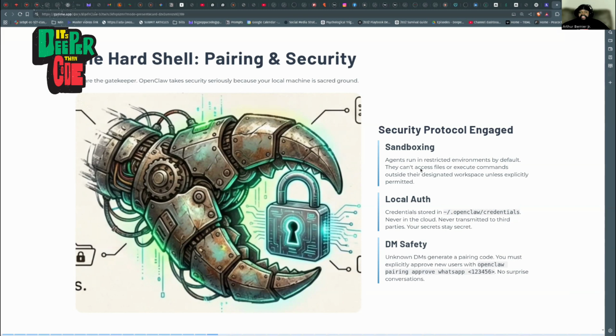Keep it with the core stuff and make sure before you add any additional skills, right? Make sure you get comfortable with using it first, and then make sure that somebody, if you can't do it yourself, reviews the code in the skill to make sure the skill does not contain malicious code that's trying to hack your computer or do something bad.